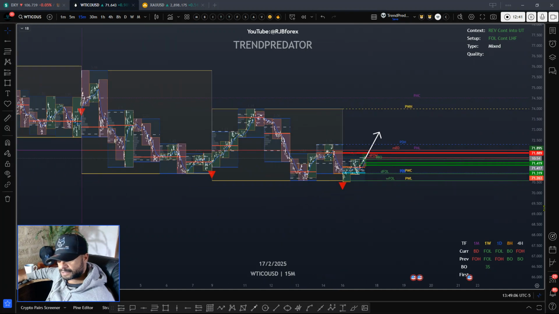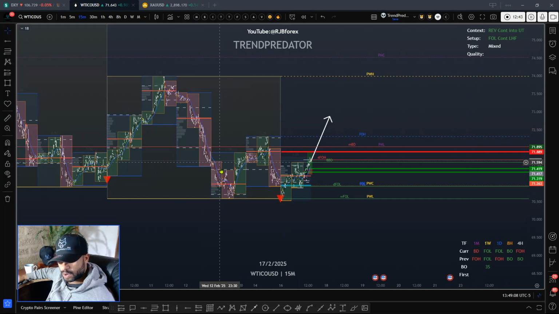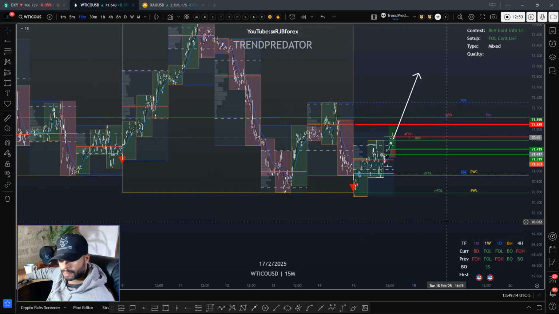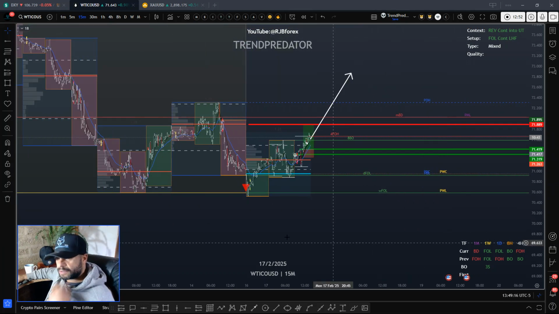And how we were set up in that we've been working the low of last week, and we were simply popping back up inside of the prior day's lows, and a higher high on the inside of that range